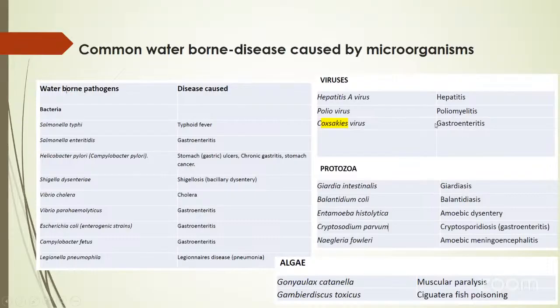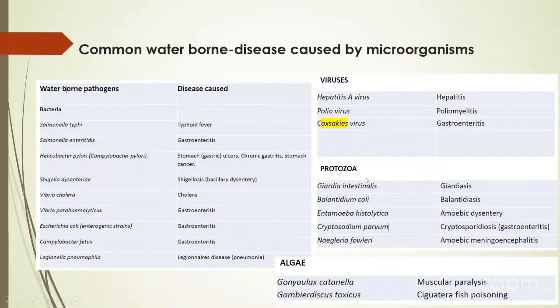Polio virus causes poliomyelitis. In those days, we had children with wasted limbs, that could not walk properly. But over time, vaccine has helped to reduce the cases of polio virus. As I think last year, Nigeria was declared polio-free, but again, it surfaced in some part of the north. But polio virus is almost completely eliminated, except for the few people who just refuse to take the vaccine. Then we have the Coxsackie virus that causes gastroenteritis, especially in children.